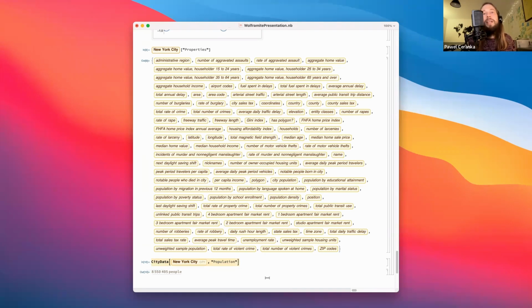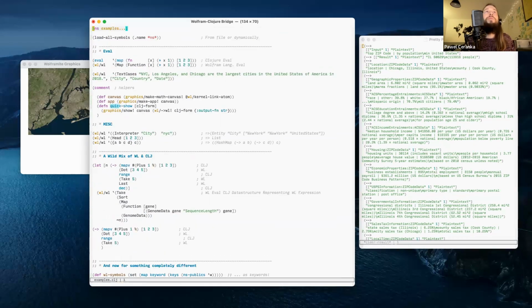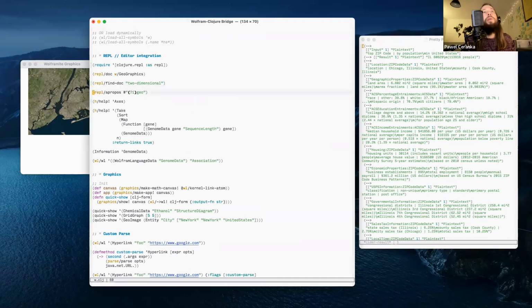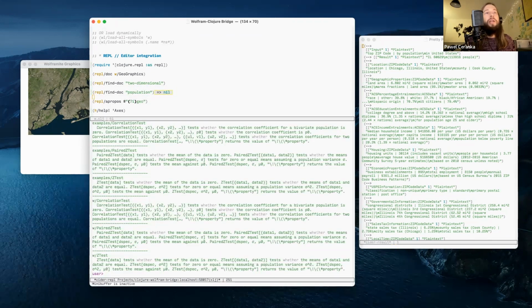And then, okay, city data. It is very similar to this example I was giving here. We have to know that the function we're looking for, in this case for cities, is the city data function. But we could use the REPL helpers that I was showing a minute ago, in this main example namespace, and we could see population or zip codes or something like that. Then a bunch of things, the z-test, and now population correlation test. Well, maybe that's not useful here.